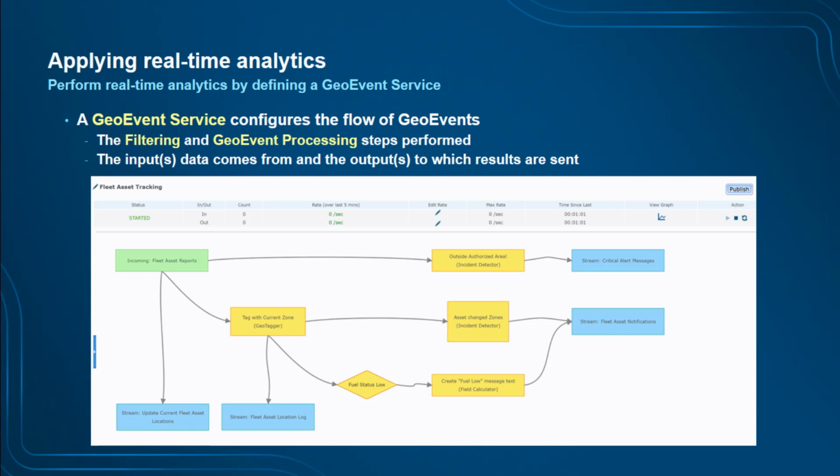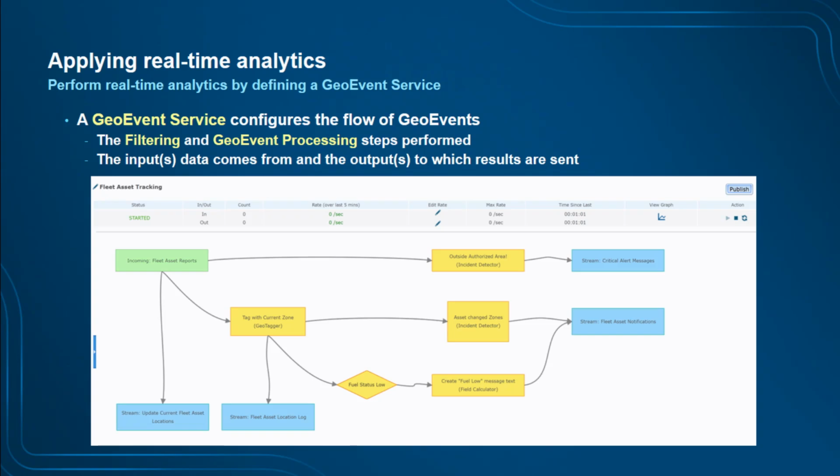The difference here is that you're working with GeoEvent elements rather than geoprocessing elements. GeoEvent elements will be things like input connectors and output connectors, as well as the processors and filters that analyze the data as it's moving through GeoEvents. Now, the role of any input connector, represented by the green rectangles here, is to receive incoming data, translate them into discrete messages, what we refer to as GeoEvents, and send them then on into GeoEvent Server, where they can be acted upon and examined by the different processors